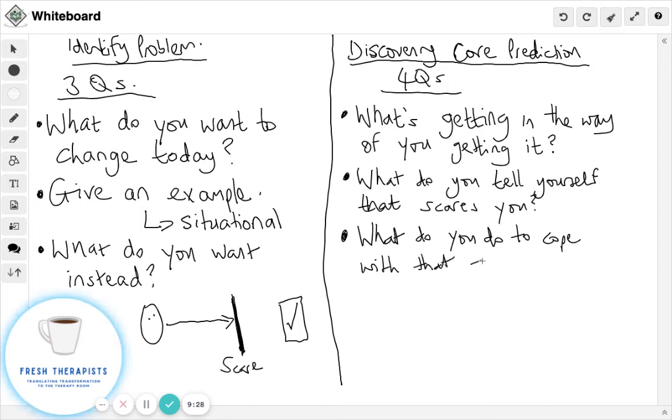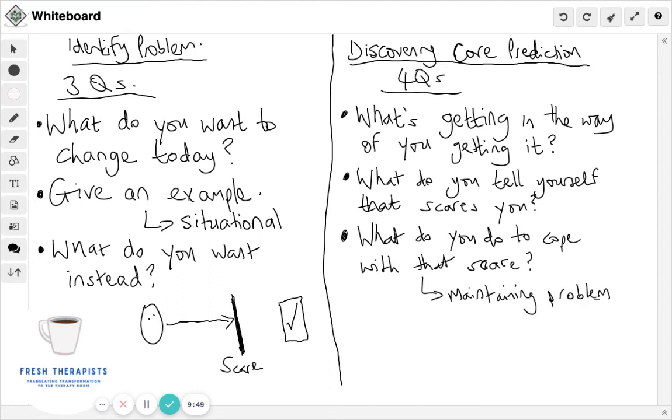And this is a great question, because this gets to the heart of the client's problem, really, all of these. But what they're doing to cope with that scare is typically maintaining the very problem that they've identified that they want to change. And yet this is so scary, that they maintain the problem instead. So it's getting to the heart of this.